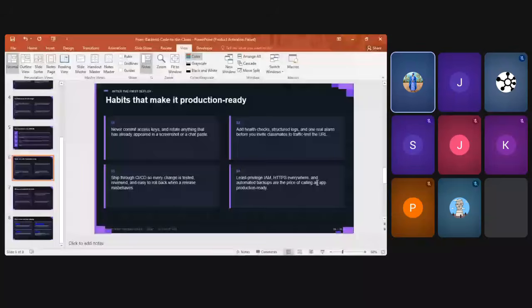Again, since you're working with AWS, you create the least privilege IAM. IAM is basically permissions. Once you log in to your AWS console, you have the option of logging in using your IAM credentials.